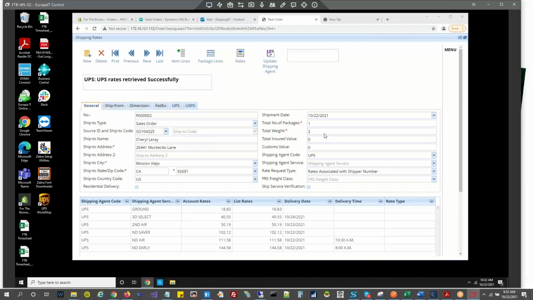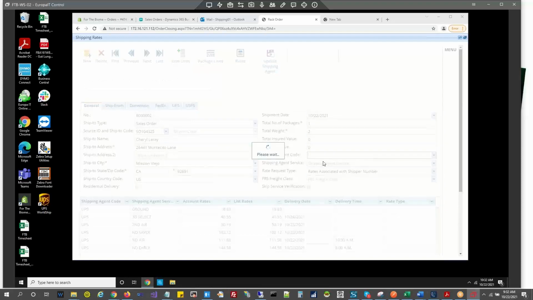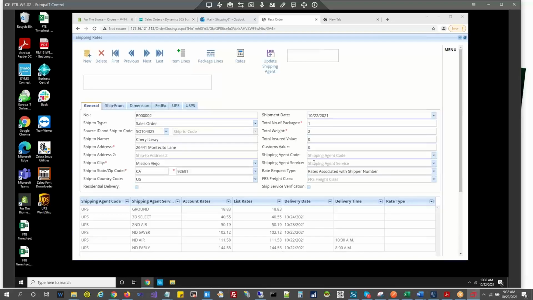Like through Indicia, you cannot access the UPS rates, but you can access the two different rates here, like the shipping agent code that we have here. You can clear this value so that whatever values we have in the setup, we can check that. Now in the shipping setup, you have enabled the rates for UPS and Indicia USPS. So both the rates will populate here now.